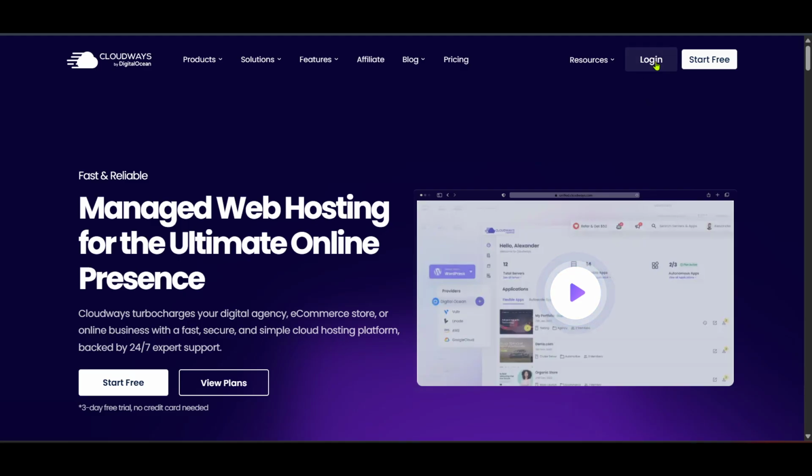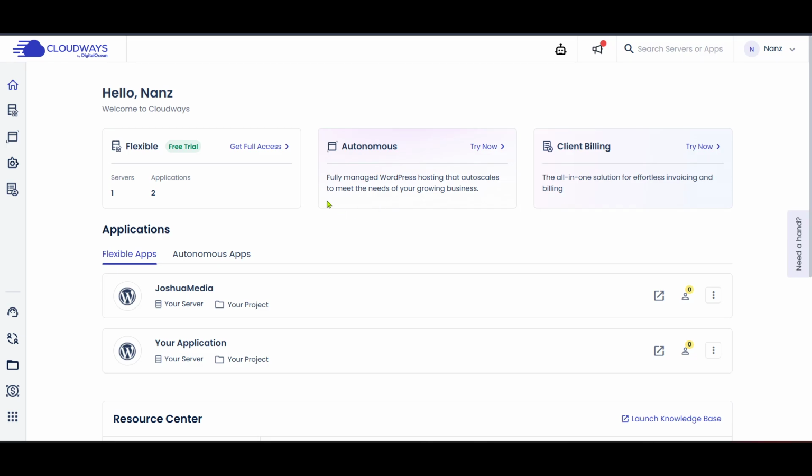Once you've successfully logged into your Cloudways account, you'll be brought to the Cloudways dashboard. This is the control center for all your hosting needs. From here, find the section that says My Servers and click on it. This will bring you to the list of your existing servers. If you haven't yet set up a server, make sure to do that beforehand,